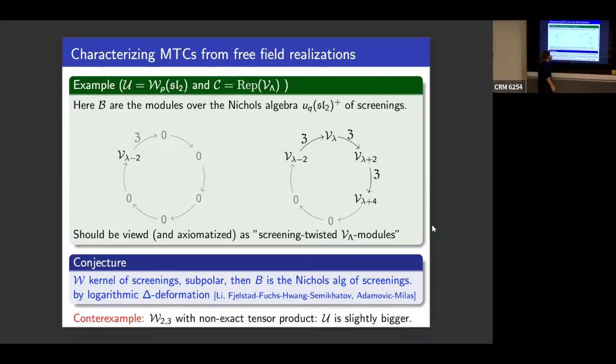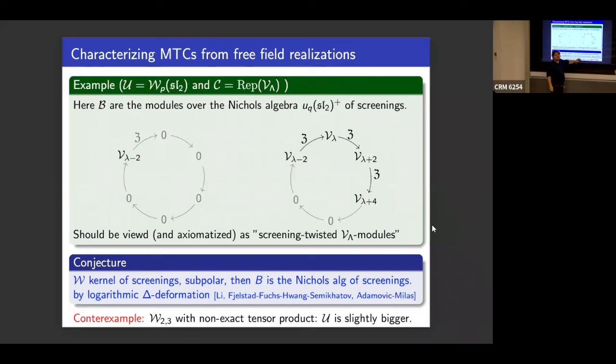And the conjecture that I would, a little bit boldly maybe, pose is that if W is the kernel of screenings and everything is subpolar, then this B from before is exactly the Nichols algebra of screenings. And there is not just the evidence from the example, we actually have half the statement, because these guys, of which Jürgen Fuchs is also a part,